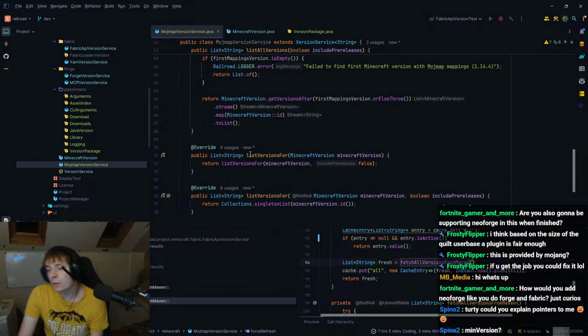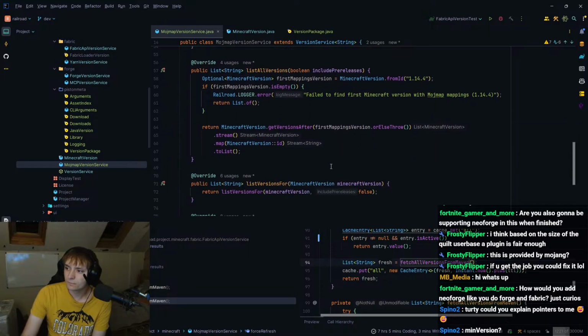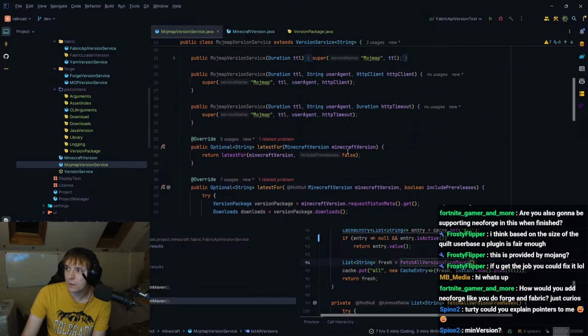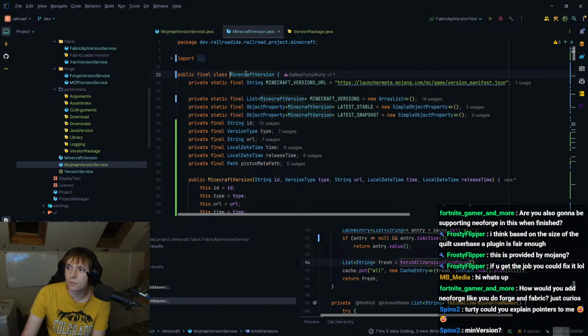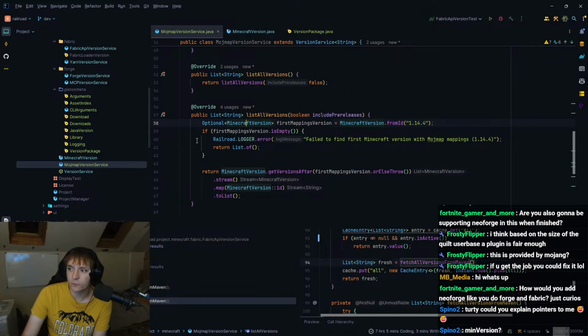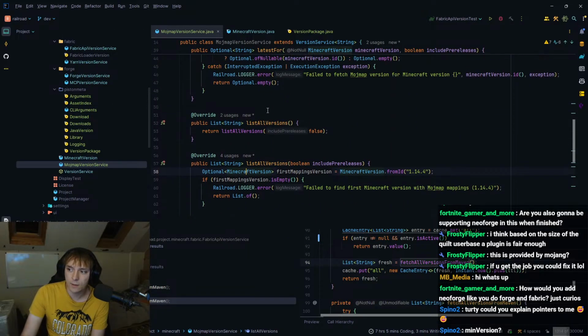I shouldn't need it because this is all cached and stuff, right? The Minecraft versions themselves are cached. So I don't need to cache the Mojmap versions because the Minecraft versions are cached.